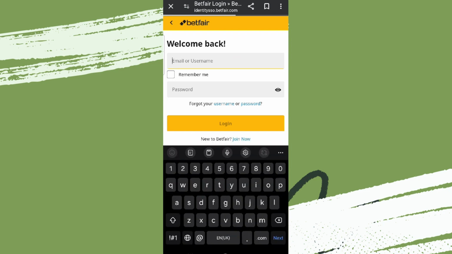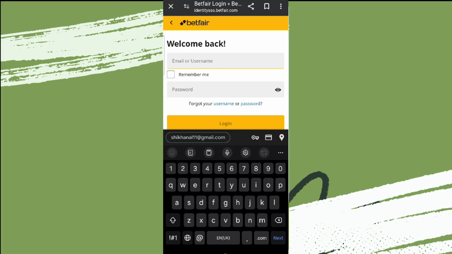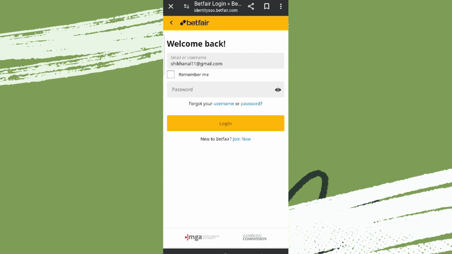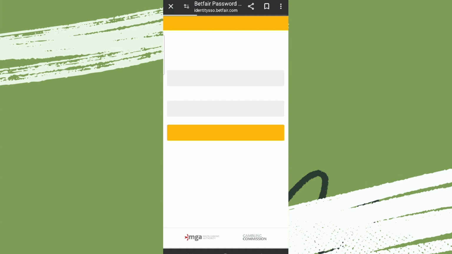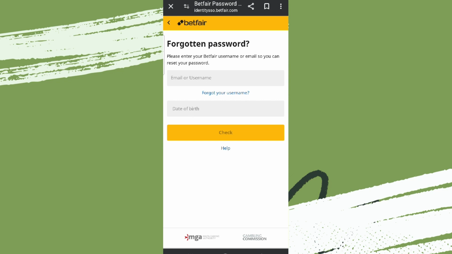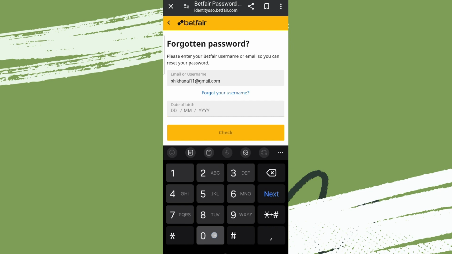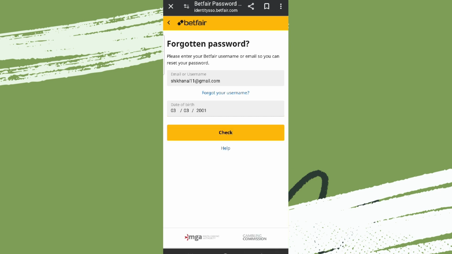Now we need to enter our username here. Now since we do not know the password, simply click on forgotten password. Now here we need to enter our username or email and enter your date of birth as well. Once you are done, simply click on check, after which the date of birth will be checked and you'll get